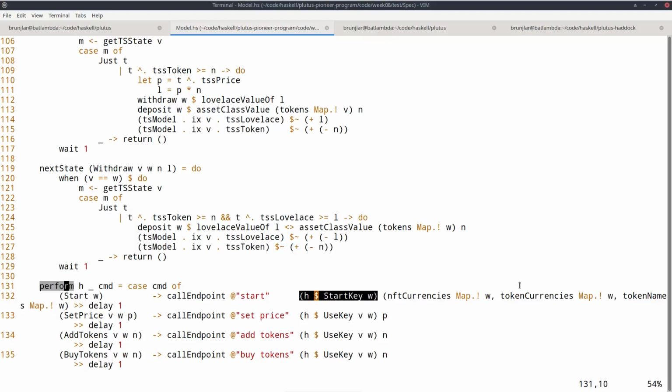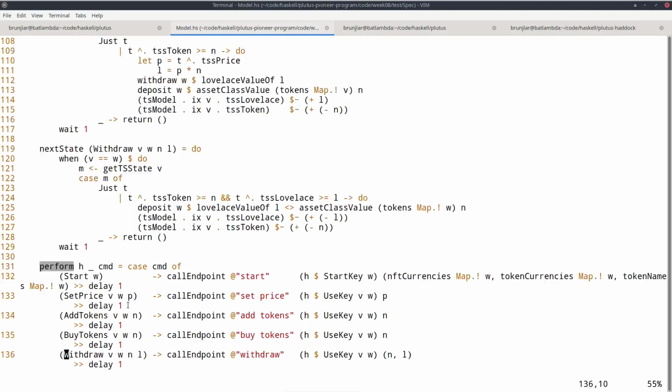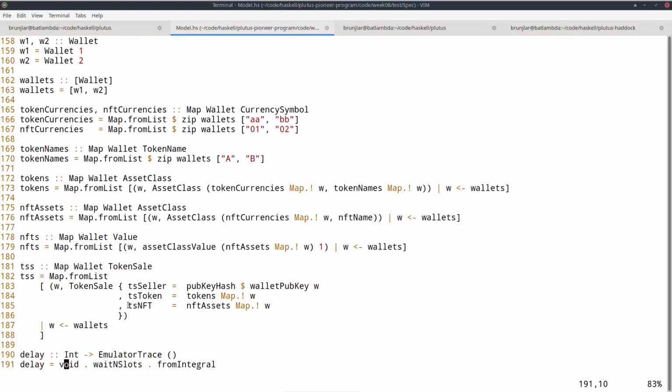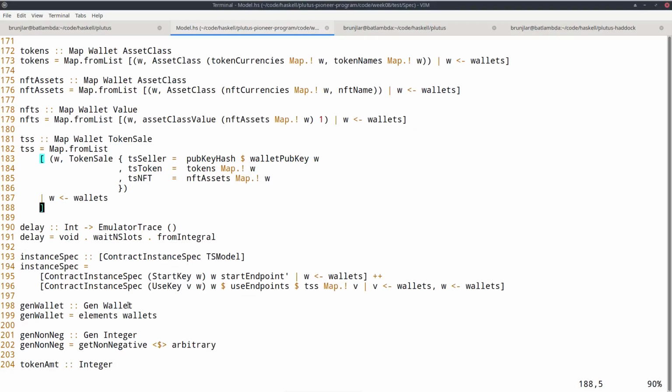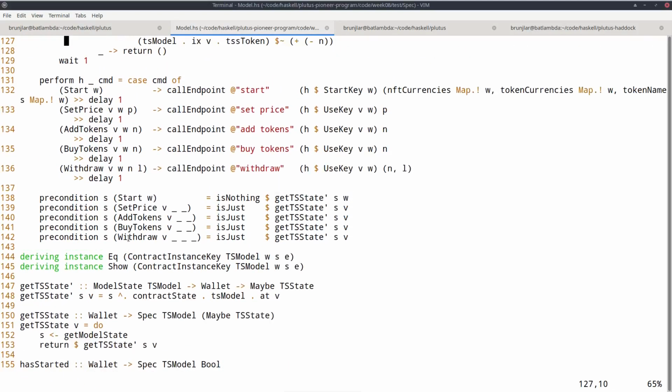And now we must provide the arguments, and this is now, recall, the primed version where I want to hand in the NFT, but I explained earlier that I have them all computed. So this is the currency symbol of the NFT, this is the token W is supposed to trade, and the token name. And additionally, I do a delay of one slot afterwards. This delay is nothing new, just a helper function which uses our well-known wait n slots that we have used all the time already. So just a shorter word for that.